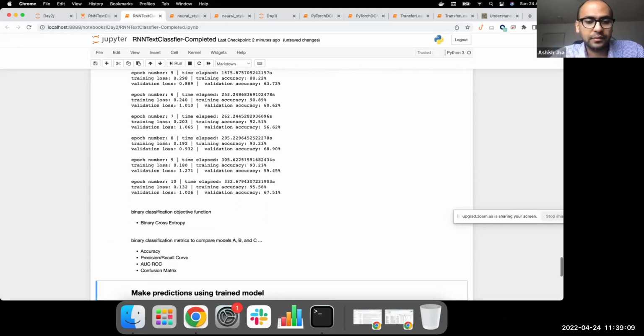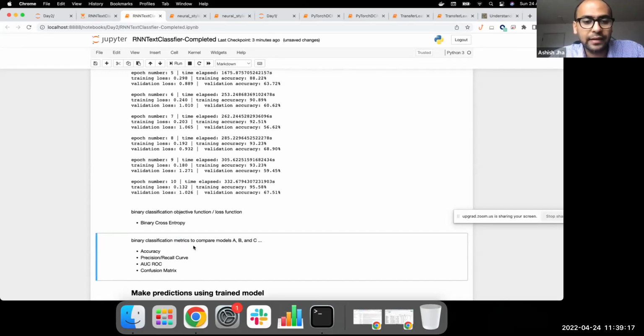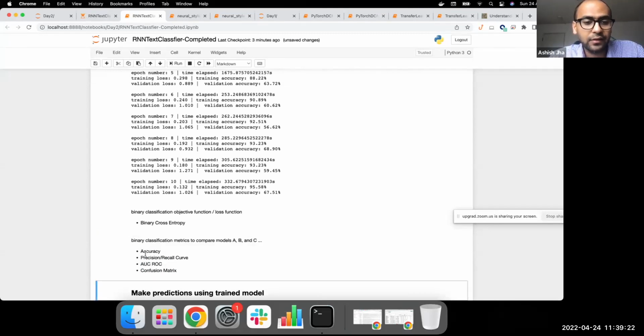The keyword is metrics versus objective function, or loss function. Metrics are more to finally check the performance of the model on a test set from different angles. But during the training time, we need to just look at whether the approach you are taking is able to really reduce the loss or not.